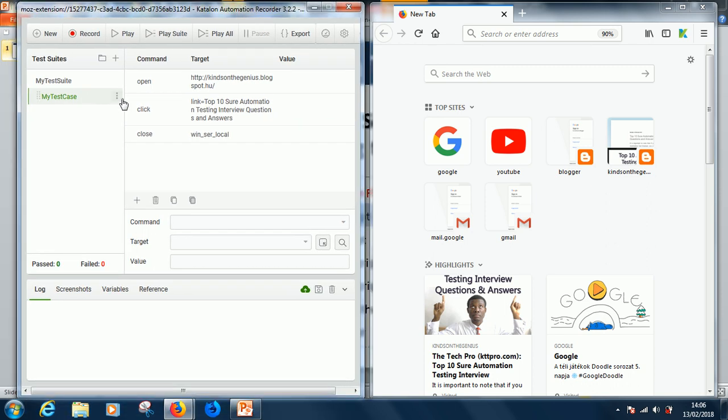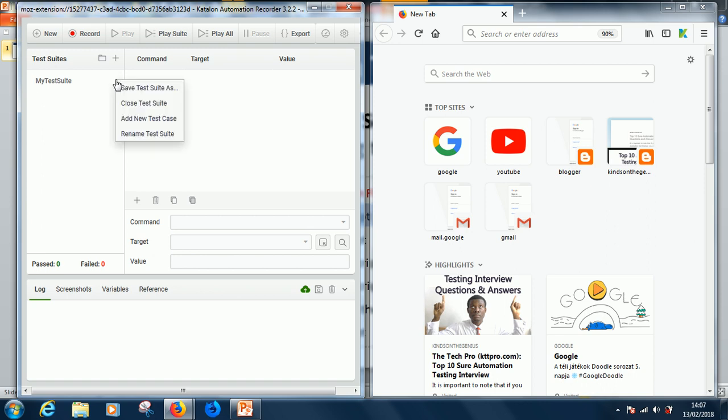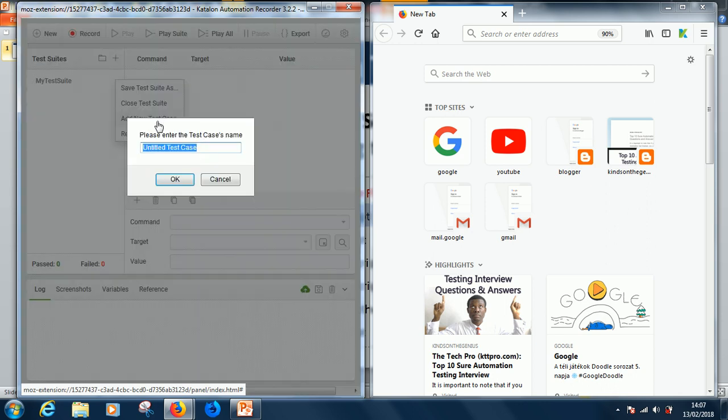So what I'm going to do now is just remove any test case that was there before. Okay, so we have just my test suite. I already explained how to rename the test suite. Alright, so in my test suite from here, just click on it and say add new test case, and I'm going to call it